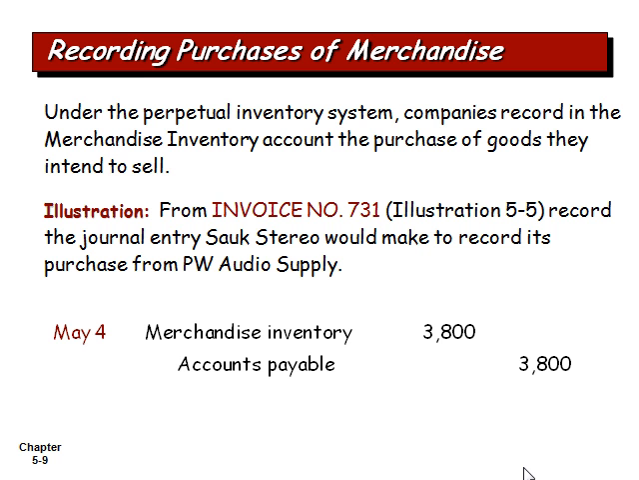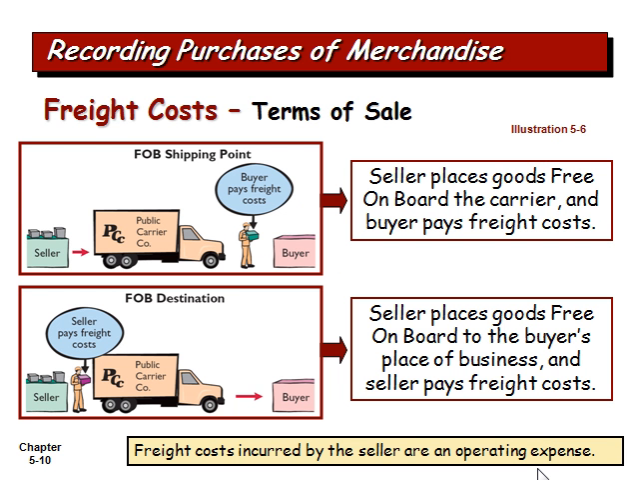They would credit accounts payable of $3,800. Freight cost. We need to look at who's paying the cost of the shipping, the cost of the freight. There are two common designations here: FOB shipping point, and FOB stands for free on board. So if it's FOB shipping point, once it leaves the shipping point,